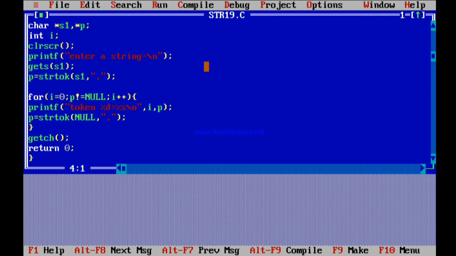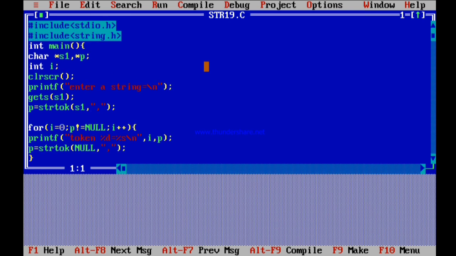Okay friends, so this is another important program. Remember, most of the time we don't know how to use this strtok. I'm just clarifying the things. strtok is a string tokenizer. That means you can divide your string into a number of tokens by giving a specific character that is used for tokenizing your string. Whenever that character is encountered in the string, it will be broken into so many smaller strings.